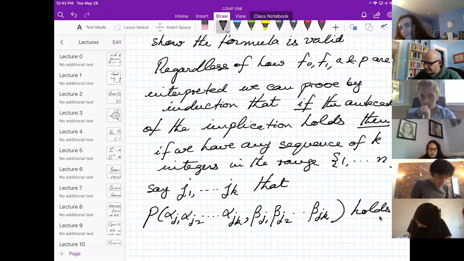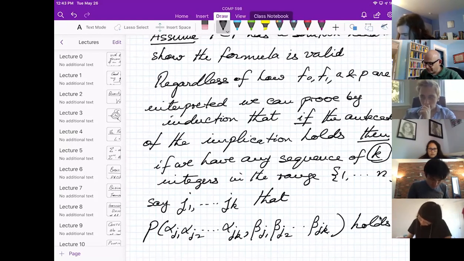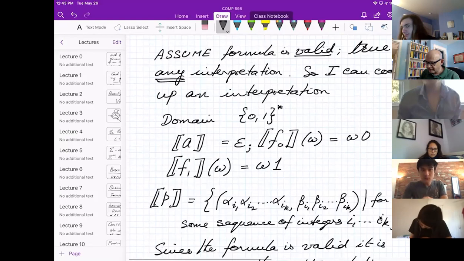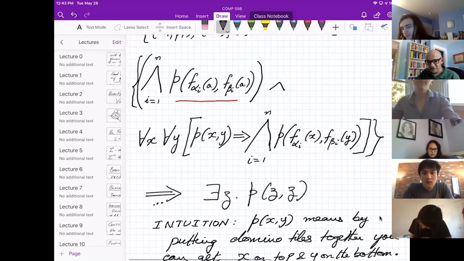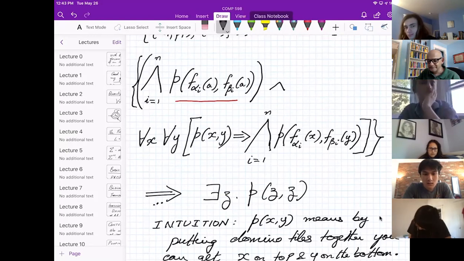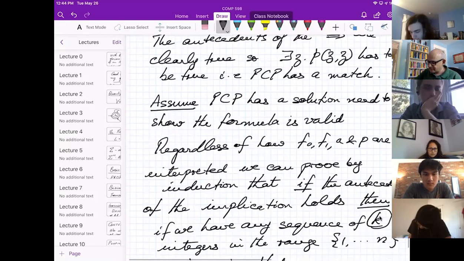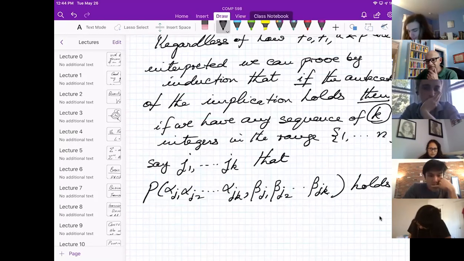What am I doing? Induction on the length of this sequence. What's the base case? K is 1. K is 1 means I've got only one thing in my sequence. So P of alpha j, beta j holds for any of those integers in the range. And by golly, that is exactly what the first clause of my assumption tells me anyway. Then proceeding with the induction, supposing you've constructed this for a sequence of length k, you somehow figure out that that holds.